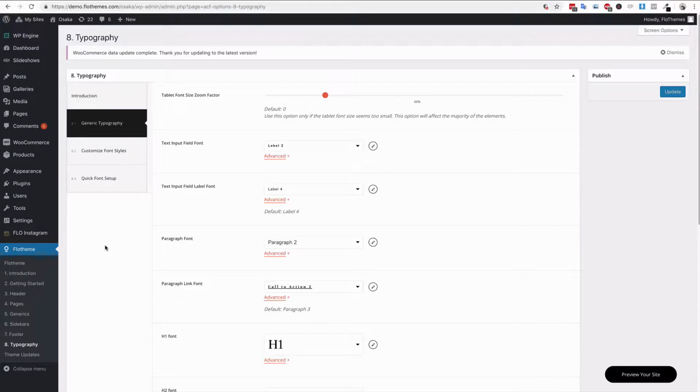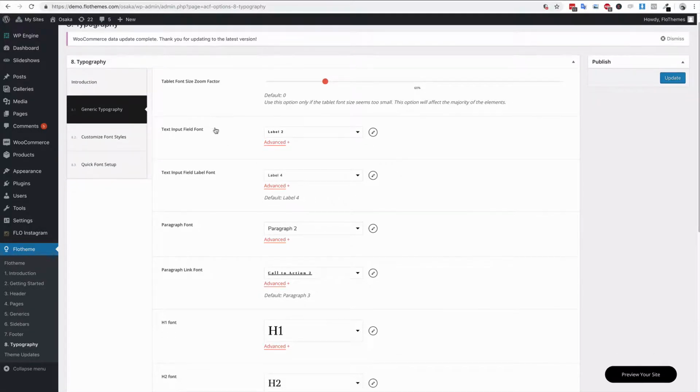So if you're in the WordPress dashboard and you go to Flothemes, then typography, you'll have three sections here. In the first section we have generic typography. This is the typography options, and you can select the style for each of the items throughout the site. So you have options for your input fields, so that will be for your forms, the labels for those forms as well. So if you were on a contact page, it would be the label of the actual form itself,